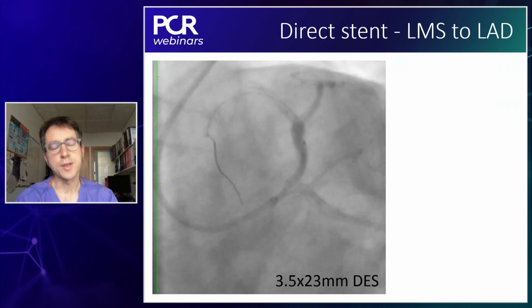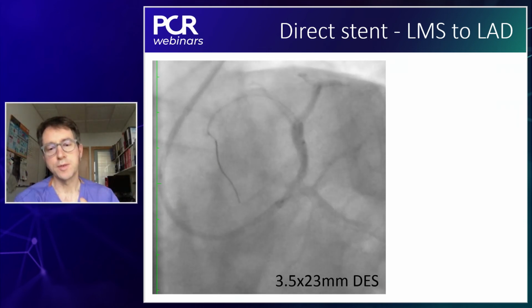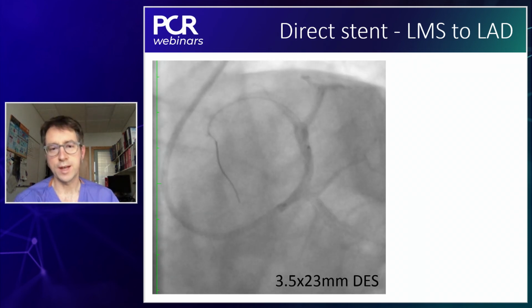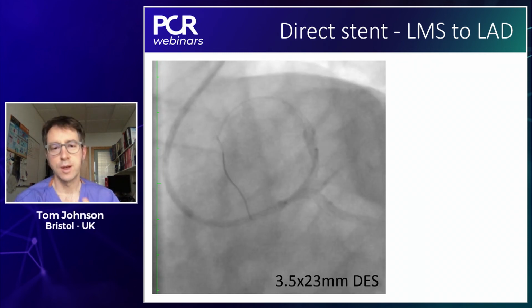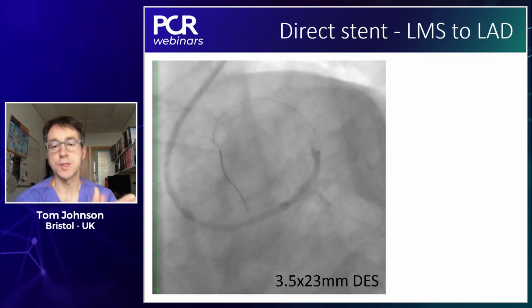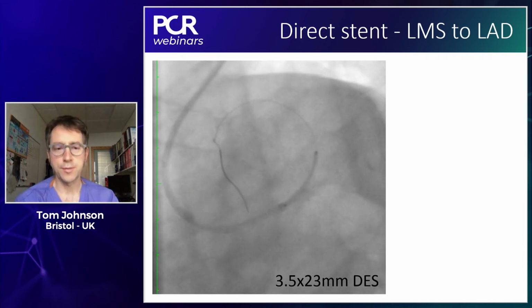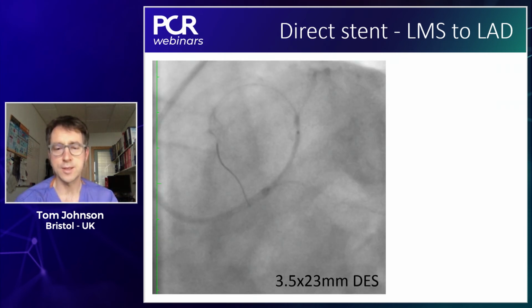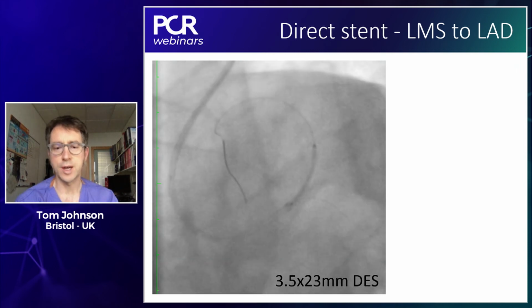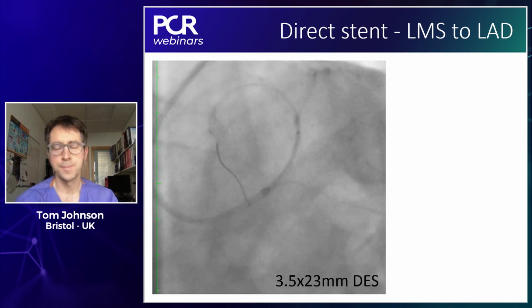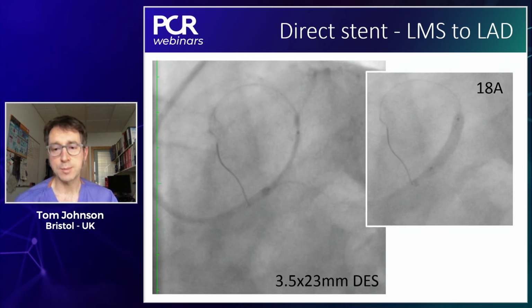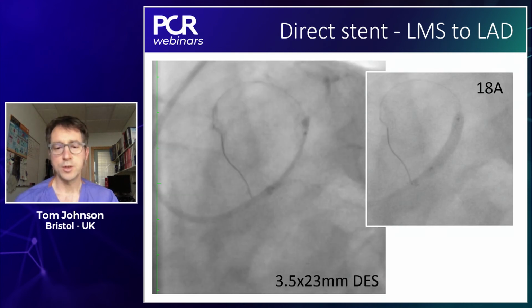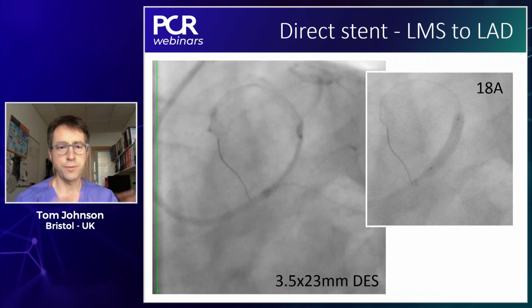Yeah, no, I think that's absolutely right. Then I think there's a duty of care, though, to ensure that we do effectively oppose that stent. And here, then, we have this clear issue in terms of discrepancy of size. So I've said 3.5 in the LAD, but the left main is measuring 4.55 millimeters. So firstly, we have to select a device that has the expansile capacity. And then secondly, we have to be very mindful that having, as I show here, stented, albeit at quite high pressure, 18 atmospheres into the LAD, we're going to have a stent that is just free of the vessel wall